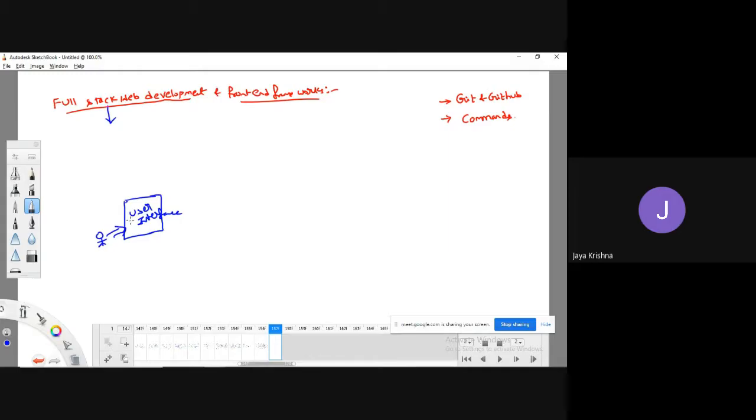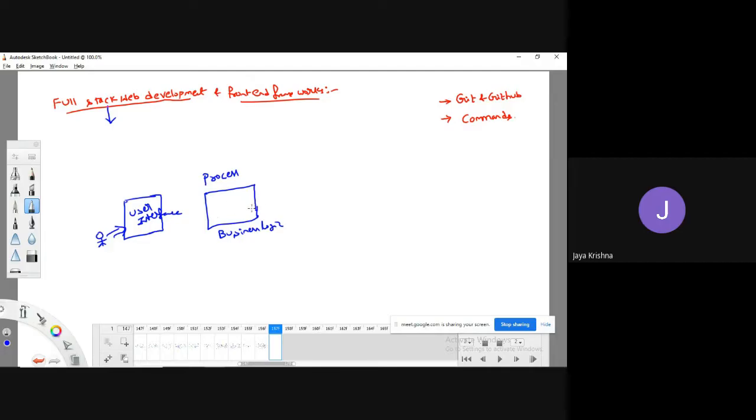To process that user input data, we require some kind of logic. We can call it business logic.